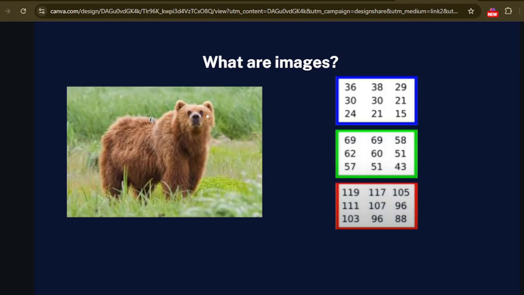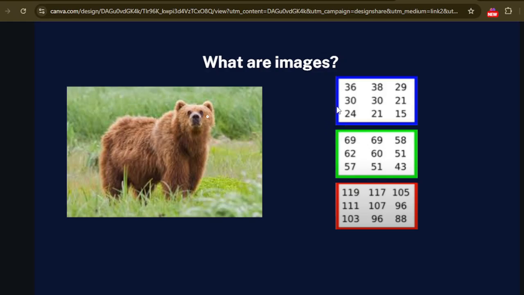Now, this was the image that we discussed earlier. We have taken a small portion of the image and enlarged it. In this portion, as I said, there are 3 channels, so we have represented the 3 channels separately: the blue channel, the green channel and the red channel. And we also have some pixel values in each of them. Each of them has 3 rows and 3 columns over here.